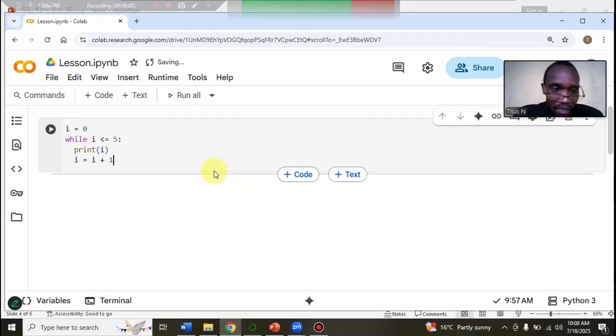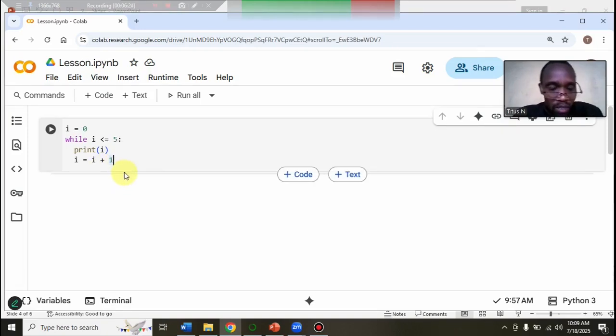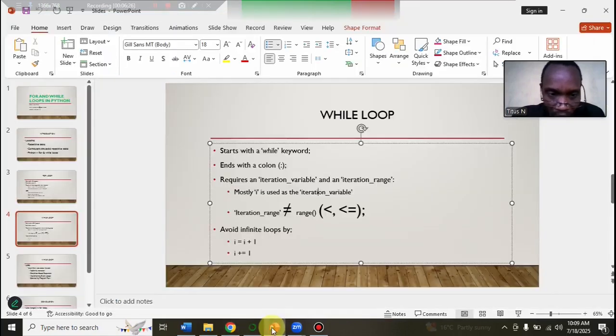We want to increment our iteration variable I by 1. So we are basically saying that once the while loop comes to the end, prints I, we want to increment it by 1 every time. So that's what we have done,